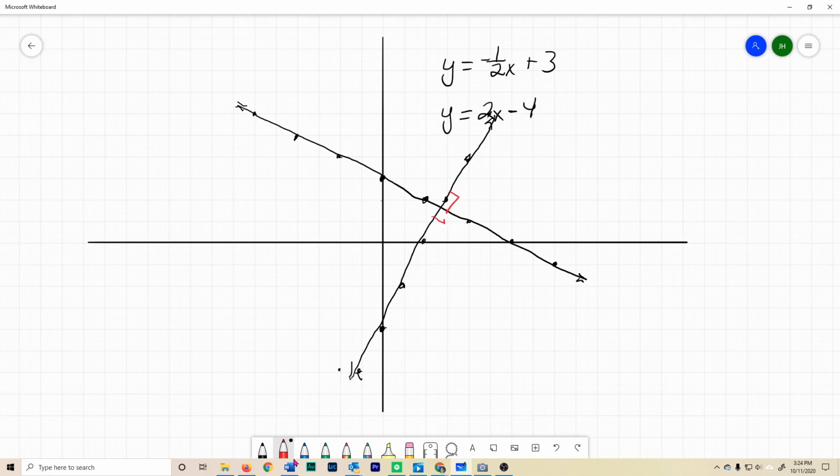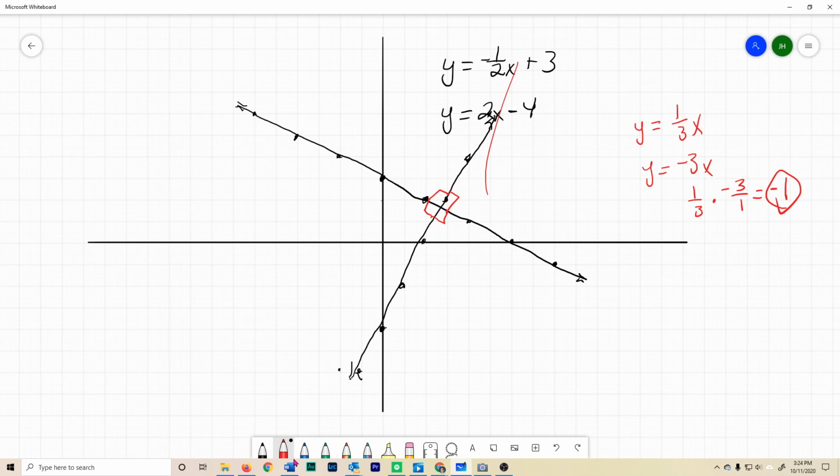So say we had two lines where the slope was y equals 1/3 x, and then we had y equals -3x, and we went 1/3 times -3 over 1. Guess what? 1/3 of -3 equals -1. If you multiply the slopes and you get -1, then they are